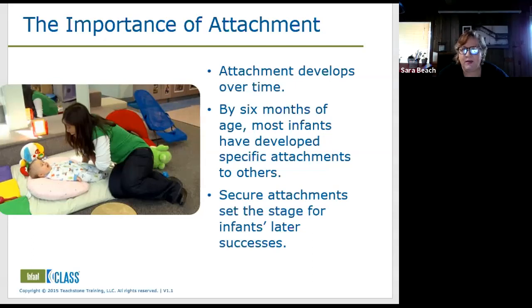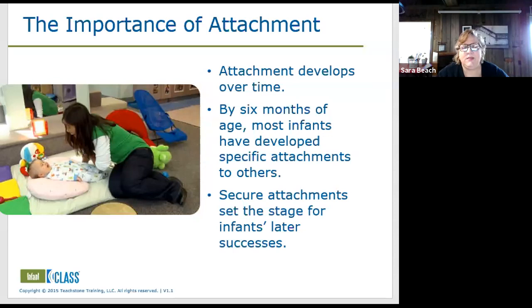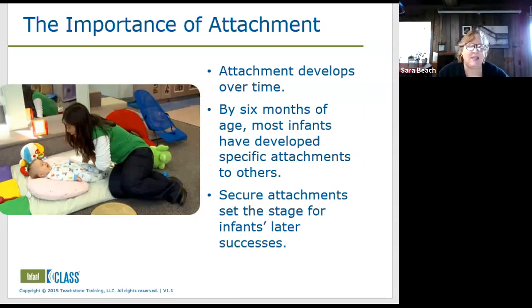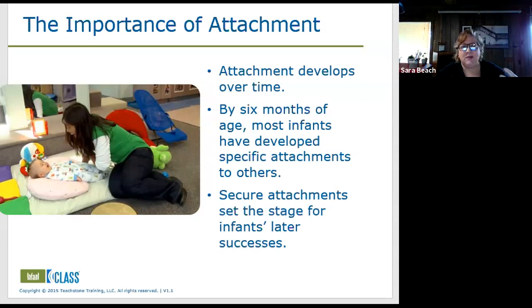So you will see the relationships, hopefully, between a teacher and a baby grow from day one to where they get in sync, right? That's what we're looking for. They get in sync. And when you walk into a classroom, it's a beautiful thing when you have a teacher who is aware and in sync with the different babies in her care.